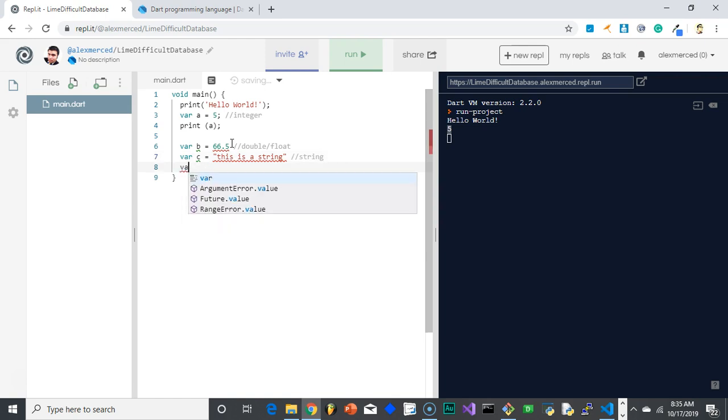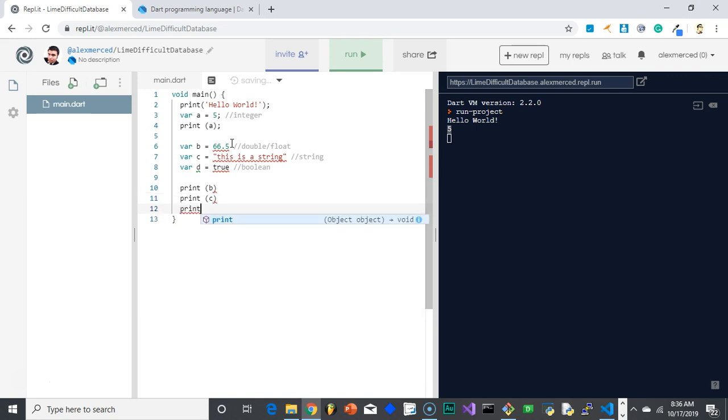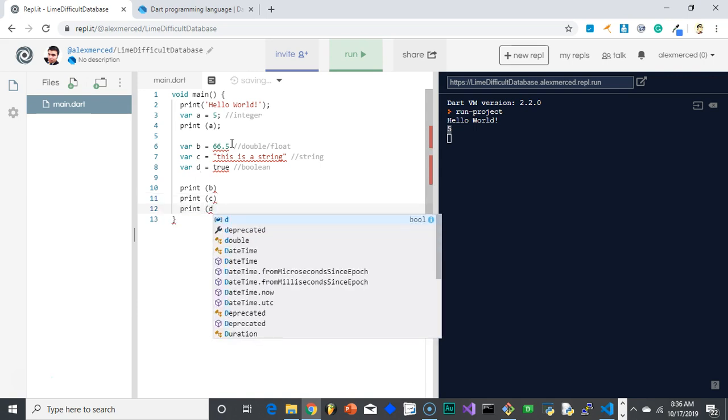Then there's a Boolean variable, which basically just means true or false. So let's make this true. And again, what kind of variable is that? A Boolean. There's only 2 possible Boolean values, true, and then there is false. So if I were to print B, print C, print D,